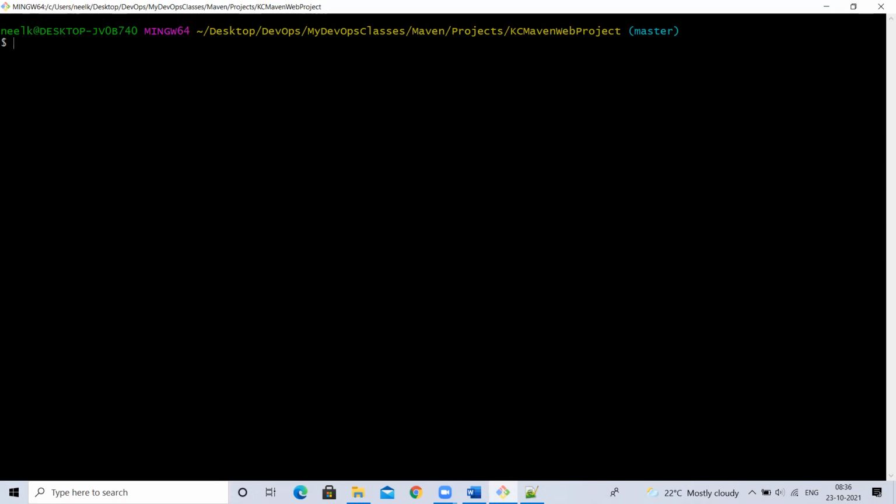Understood, guys? Means local repository. So if it is default repository, .m2. If you change it to custom path, then a custom local repository it will be. So package will generate the artifact and put it under target directory, whereas install will generate the artifact, put it under target directory, and also place it under local repository. Understood, guys?